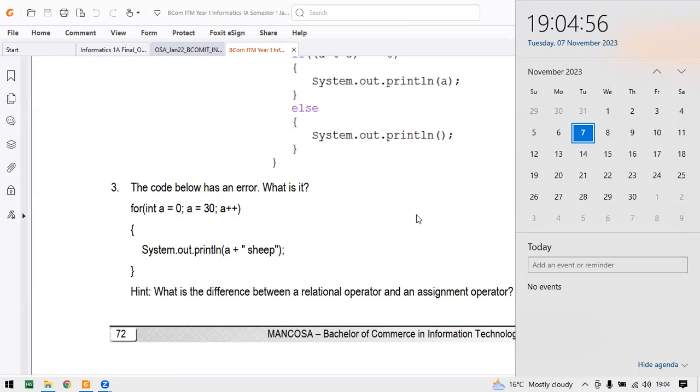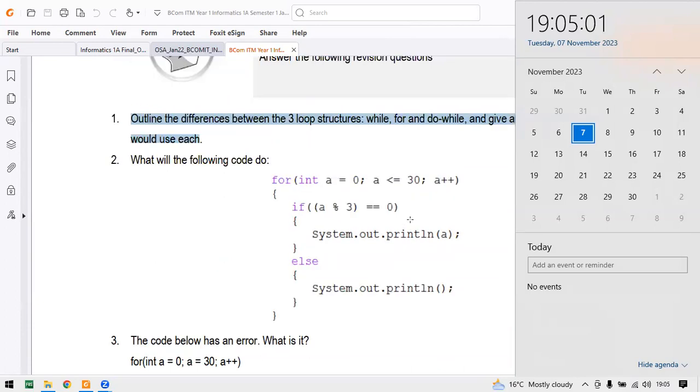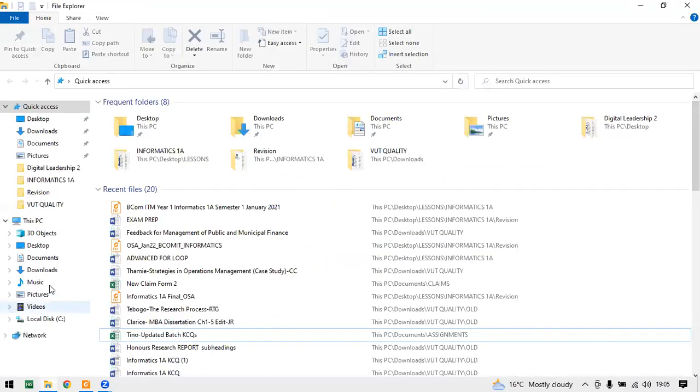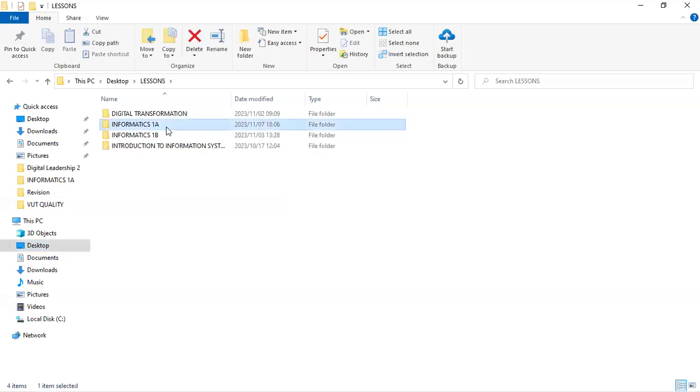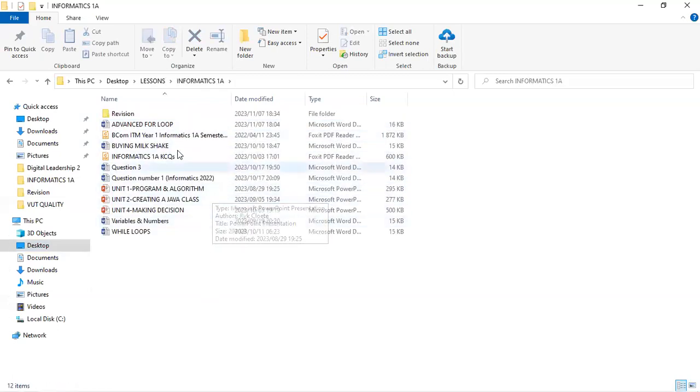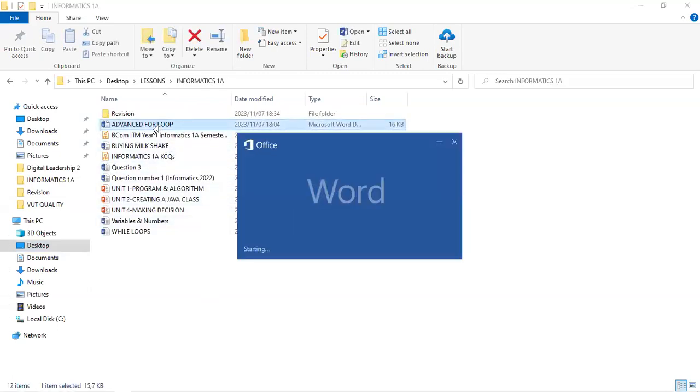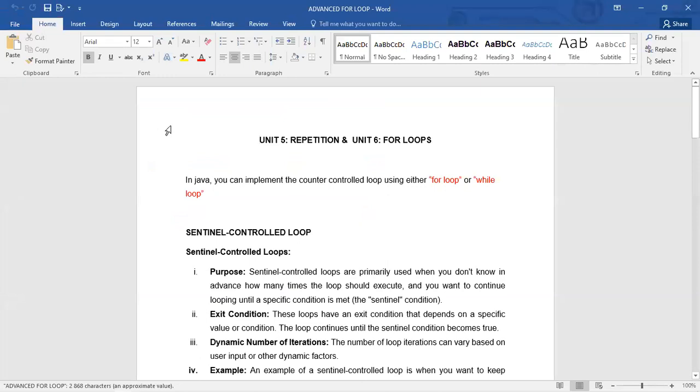I'm sure, if I'm not mistaken, we have discussed on the, let me open my lessons, informatics one. We have done the decision making, the repetitions, and the for loop, the while loop, and the do while loop.